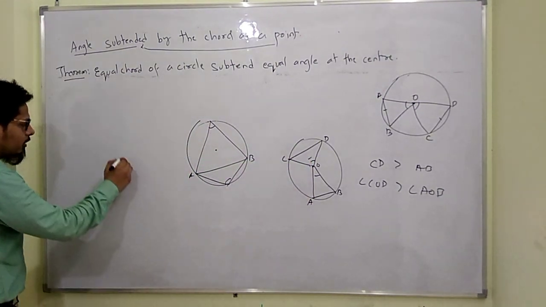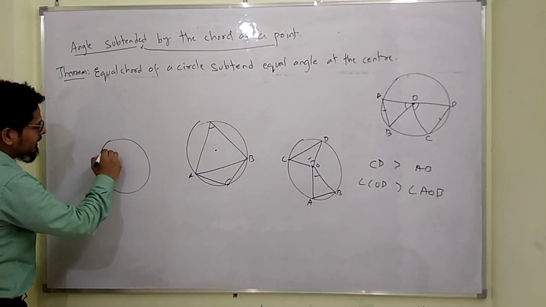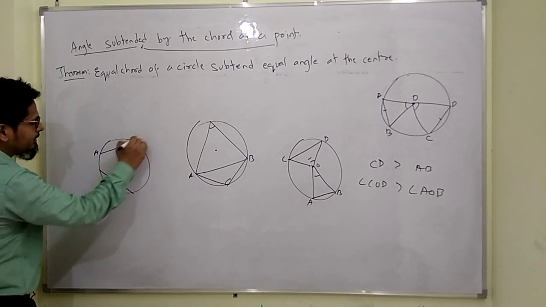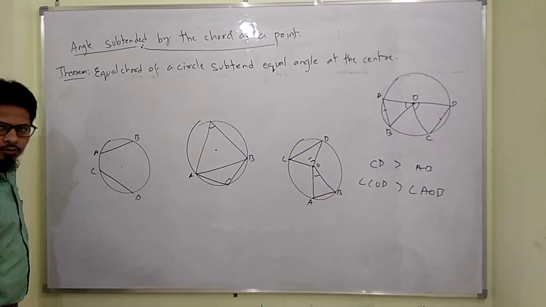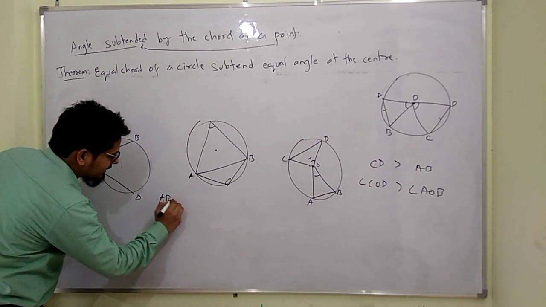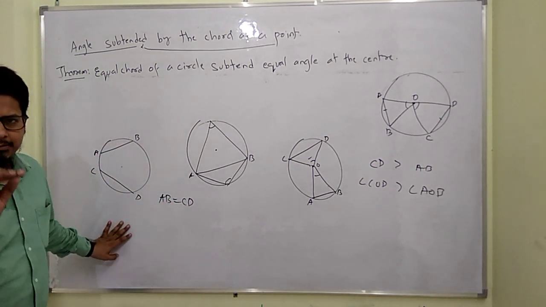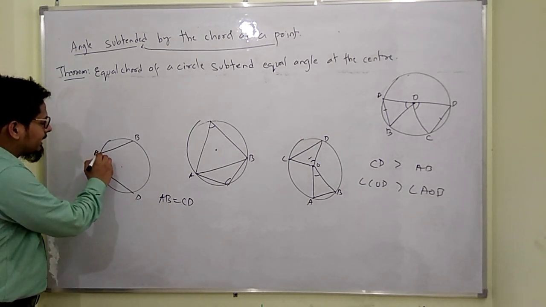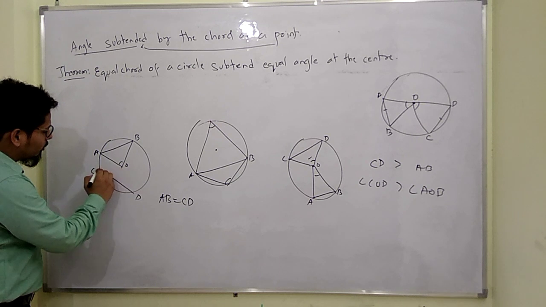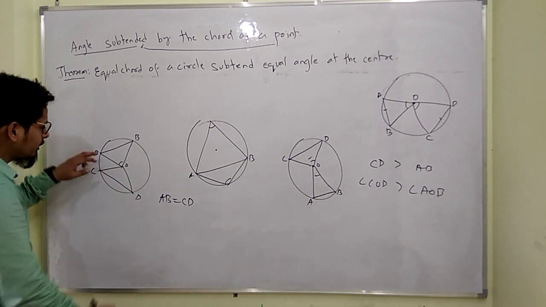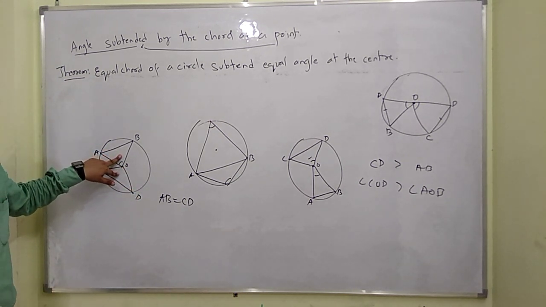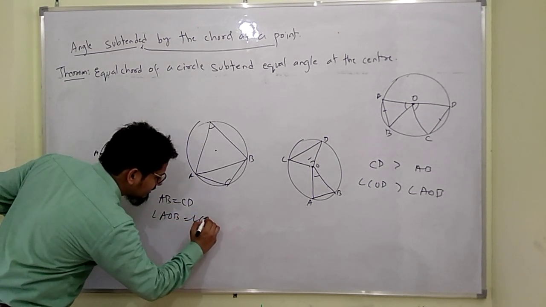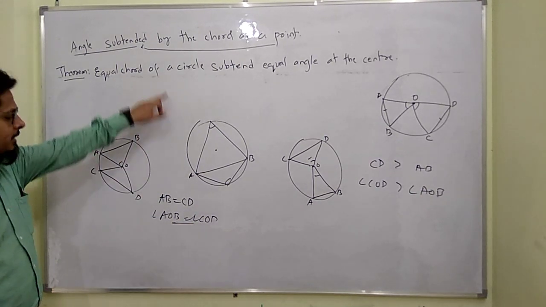So if I draw another figure here, I draw this chord here and this chord here, right? It is AB and this is CD, okay? And I write here AB is equal to CD. बहुत simple explanation है, बहुत ध्यान से देखिएगा. Now I take AB equal to CD and I draw one angle here, one angle here. It is angle AOB. It is angle COD. So now on measurement, you will find angle AOB is equal to angle COD, right?